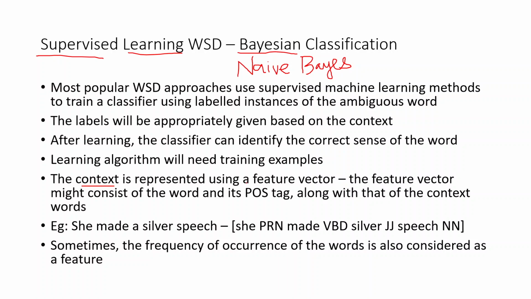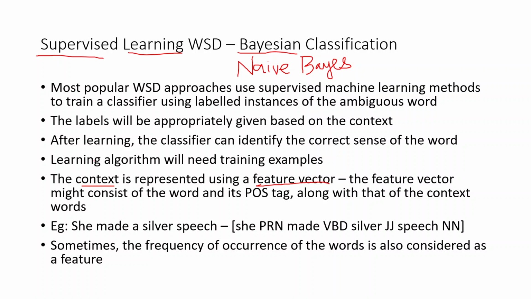In the context of machine learning, we always come across a term called feature vector. Feature vector means a set of attributes used to describe some object. Say if it is an apple, you can say what is the shape of the apple, it's round, or what is the color, and you have to give this to a machine. So each of those has to be represented as a set of numbers.